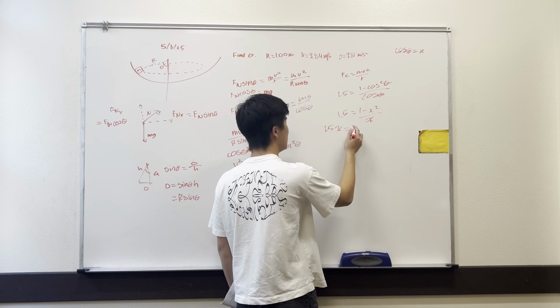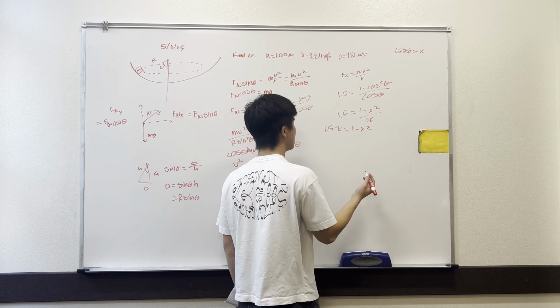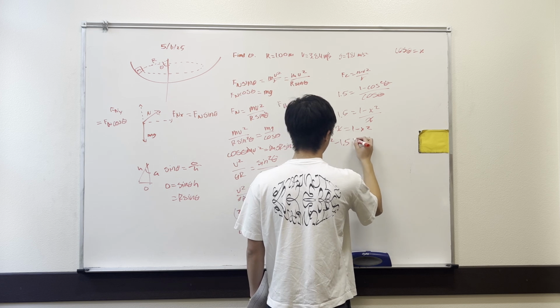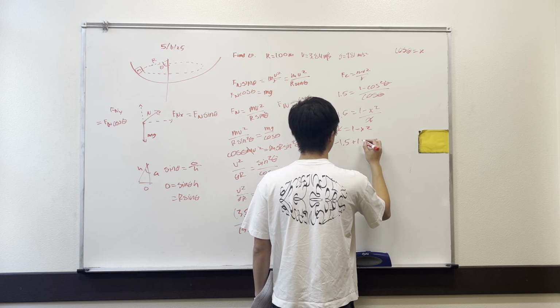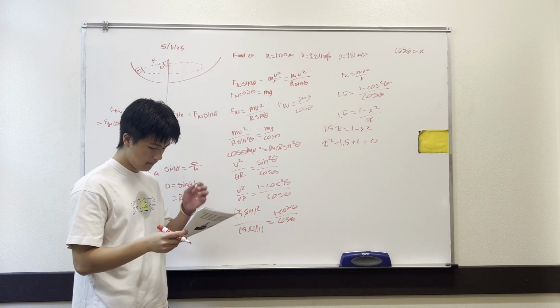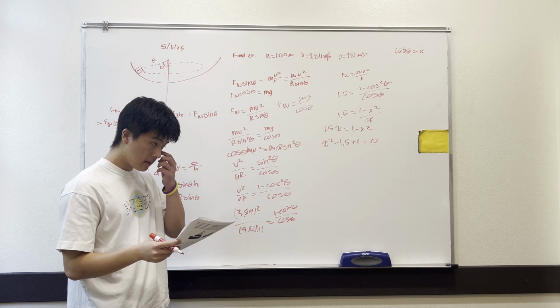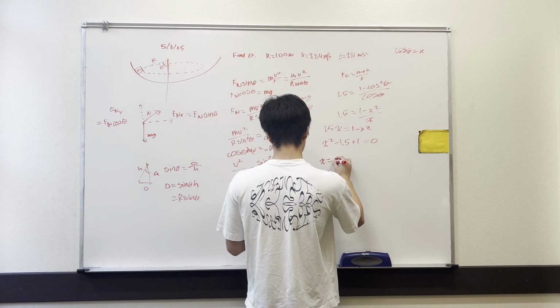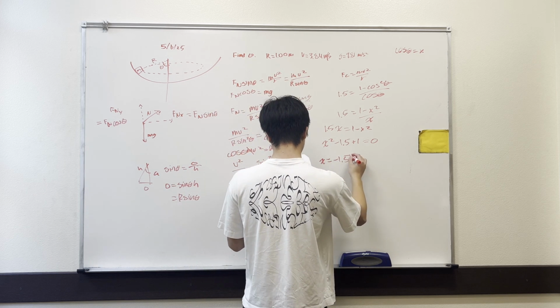So you bring this out here, and now you just need to do the quadratic formula. Equals 0. And so now that we have that, the quadratic formula gives negative 1.5